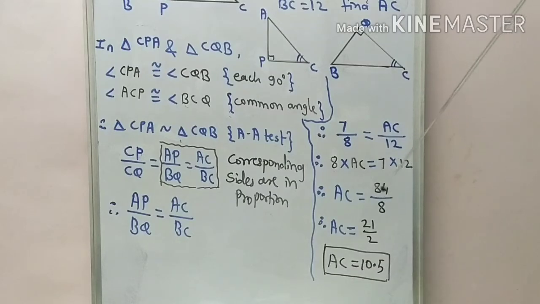First we divide both numerator and denominator by 4, so the simplest form is 21 upon 2. Here 21 fours are 84 and 4 twos are 8, so 21 upon 2, and in decimal we get the value of AC as 10.5. Okay students, so this is a 3 marks example that is asked in the exam. And now we move to the next one,